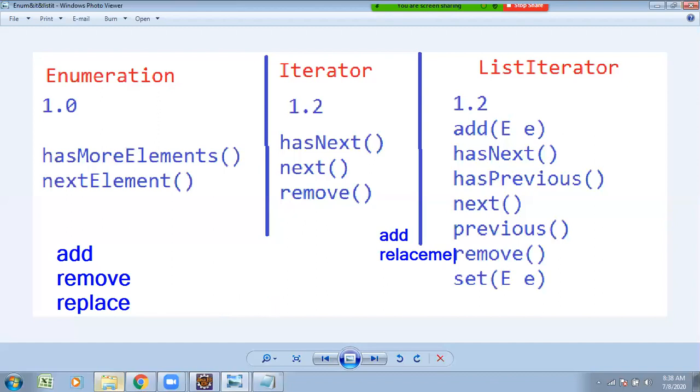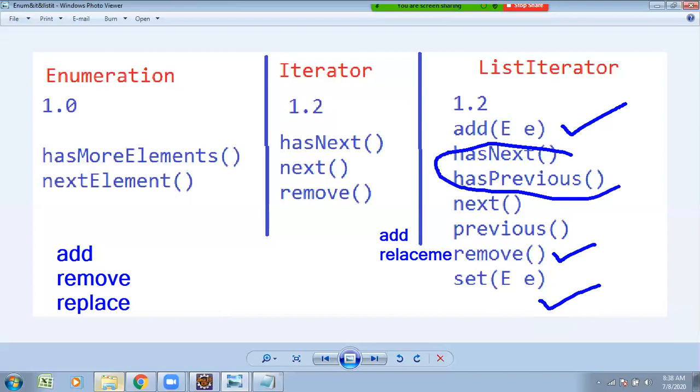But observe, list iterator supports adding the elements, removing the elements, and replacing the elements, in forward direction as well as backward direction. That's why we use list iterator based on the requirement.